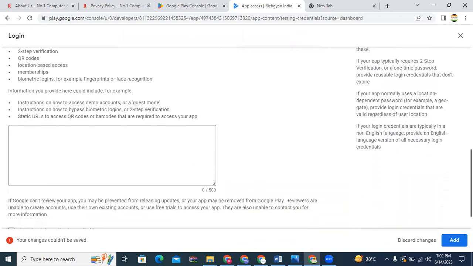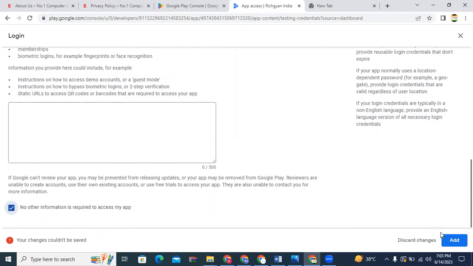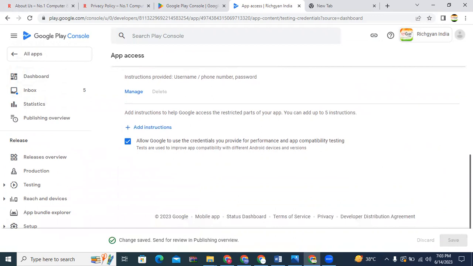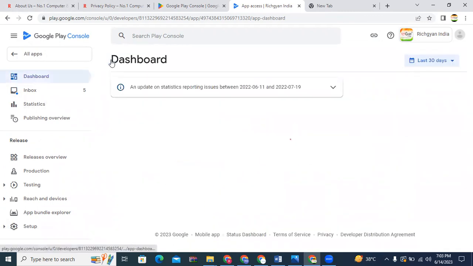Let's see if anything I'm missing. Okay, so no other information is required to access. So we need to click on this also, and then click on here, and it will get saved for the app access. Now we can go again to the dashboard